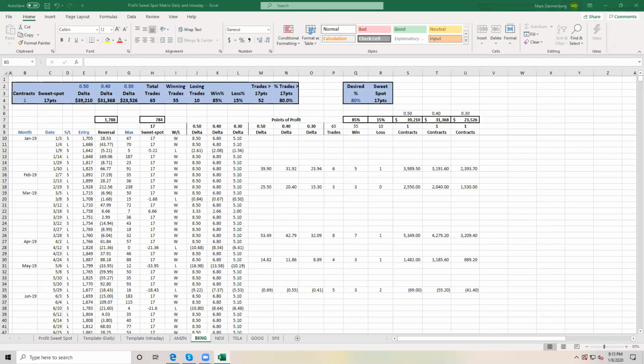Let me see if I can read your question here, Bob. Question is not about Cycle Finder, it's about money management. The goal is to get $200 profit per day. I generally stop trading once I reach my goal. What is recommended if the first few trades are losers? At what point do you recommend quitting? Also only able to trade the first 1 to 2 hours per day on most trades.